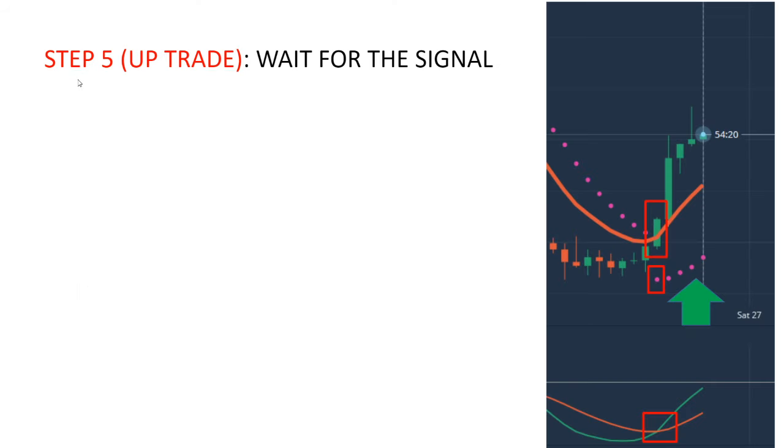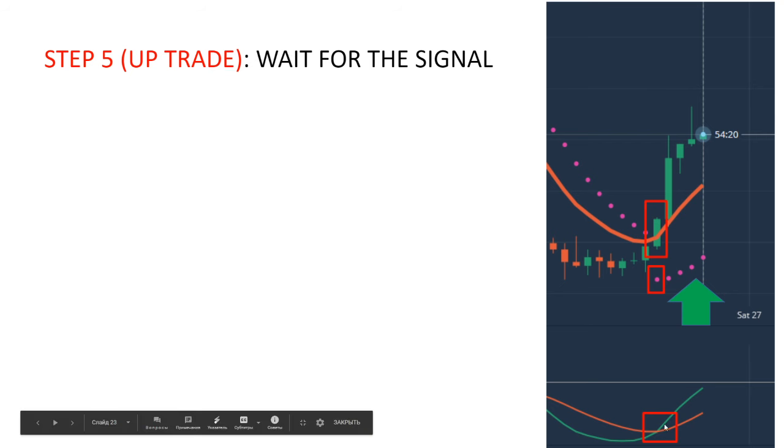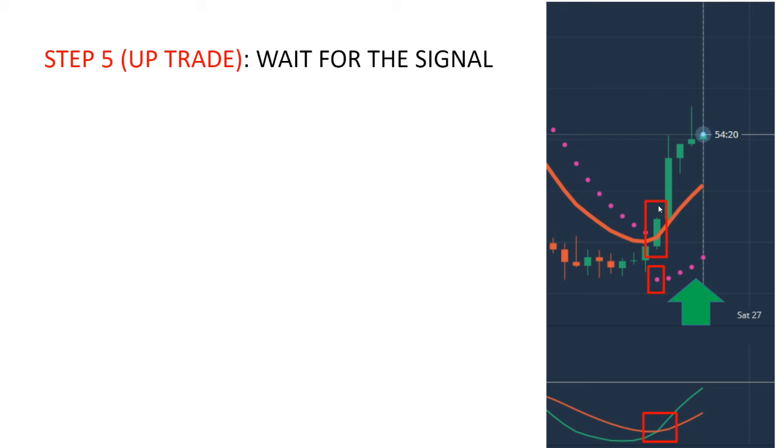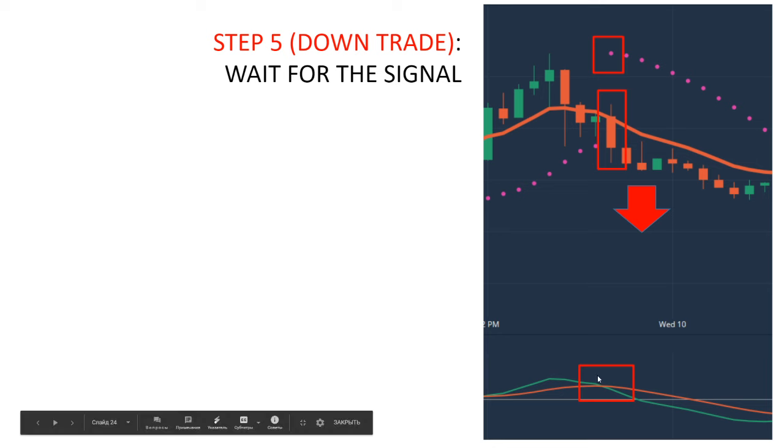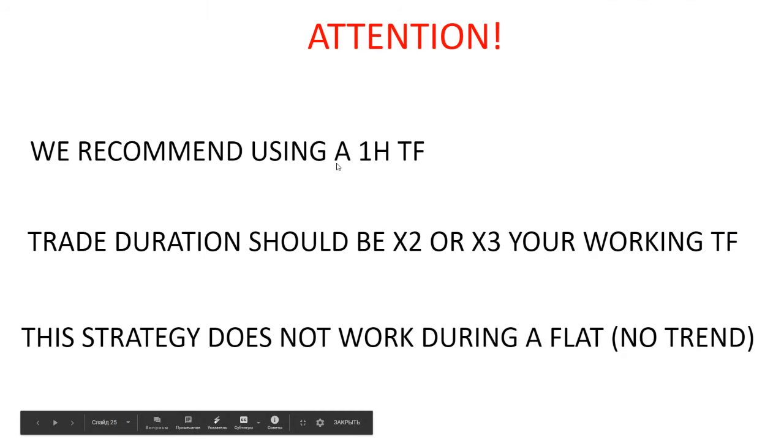And this is basically, we wait for the signal for an uptrade. As you can see, the MACD lines have crossed. The first dot has appeared below the price movement, and the price has intersected the moving average, the EMA, to the upside. So here is our signal to enter an uptrade for price increase. And likewise, we have a scenario to the downside. So for a down trade, so for a price decrease, the price moves below the moving average. The first dot appears above the price movement. And as you can see, the MACD lines also intersect.